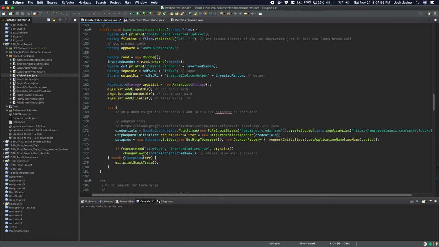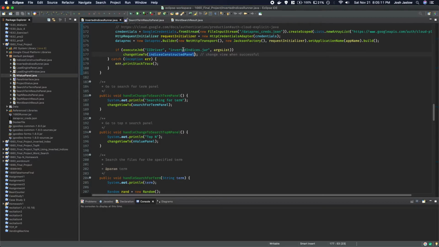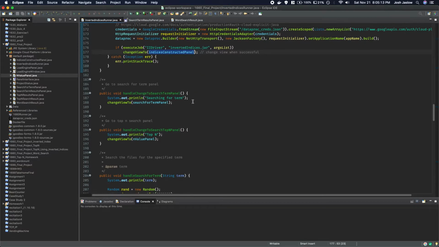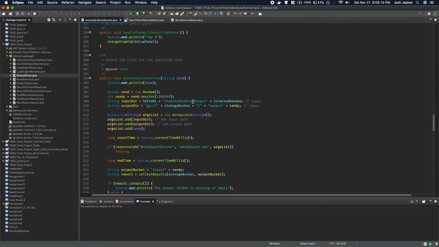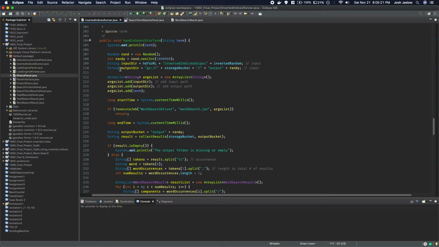So we just finished here, and I don't actually have to worry about getting anything from the cloud. As long as I know it's successful, I can just change the view to my Indices constructed panel, and that's where I can choose which operation I want to do. So then I go into that view, which has the two buttons, and when I select search, for instance, a lot of the same things happen. I create my input and output directories, my args list here. I have a separate random thing here because I don't want it to